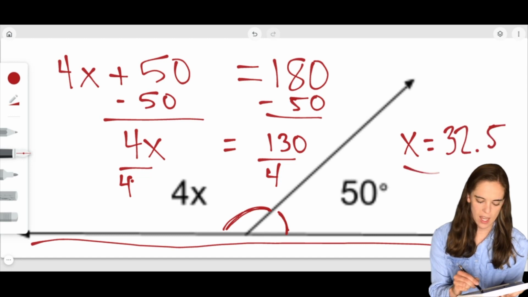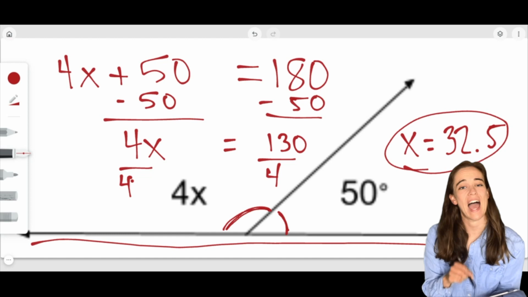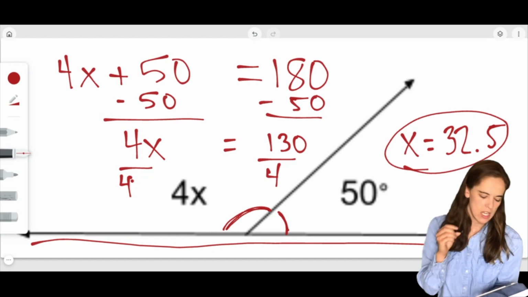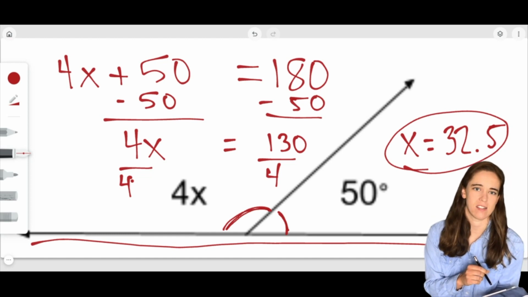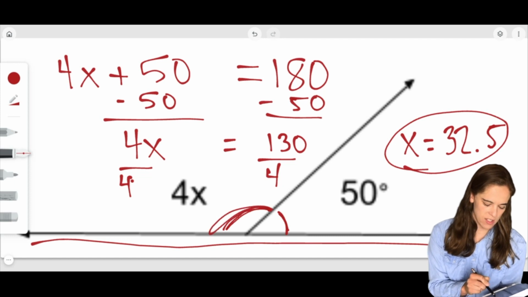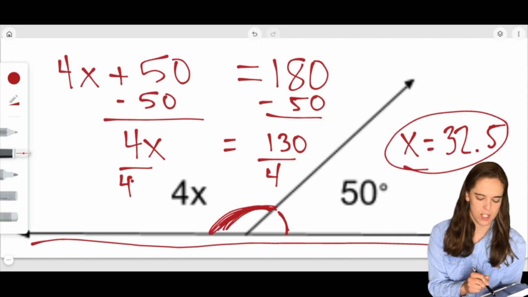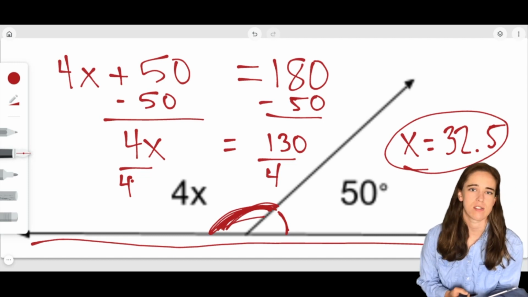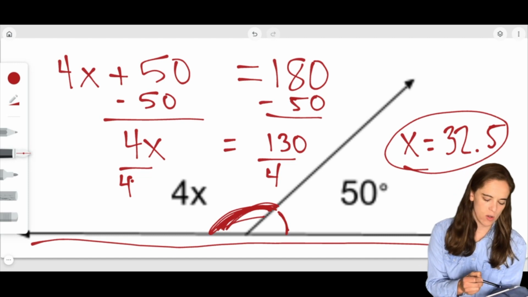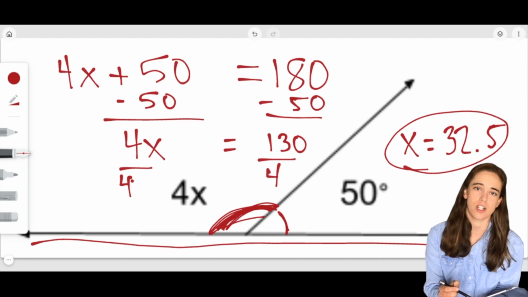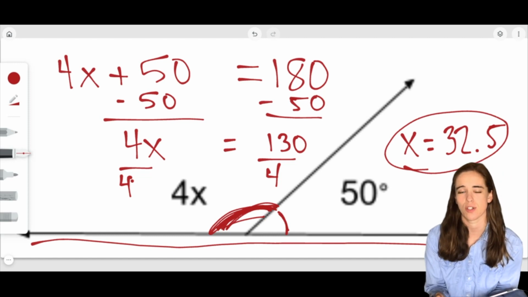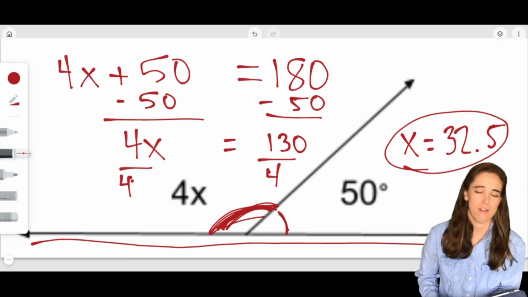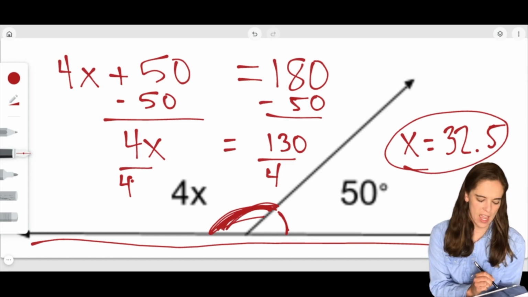32.5. Okay, this is really important here to note that x is equal to 32.5, not the entire angle that contains the x. So over here, this side is not equal to 32.5, just the value of x. If we wanted to go ahead and solve to figure out what that angle is equal to, we could substitute 32.5 in for x and take 32.5 times the 4 to figure out that this angle total